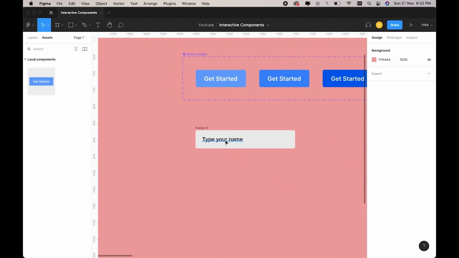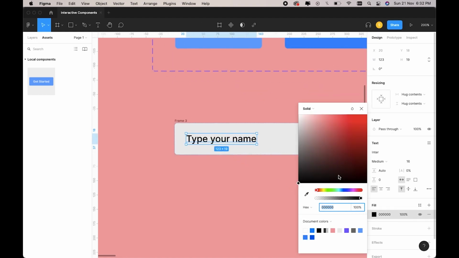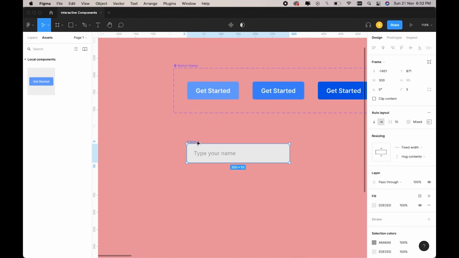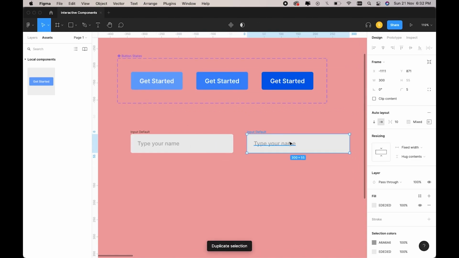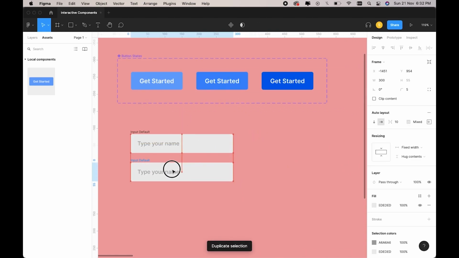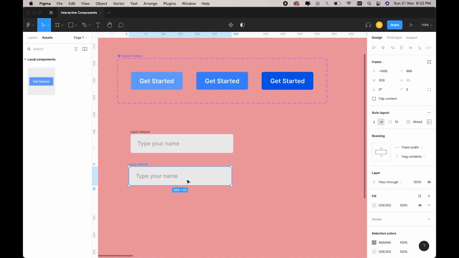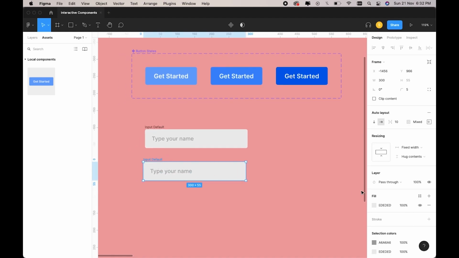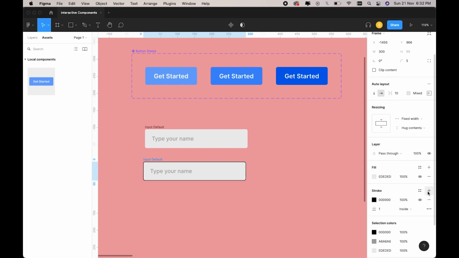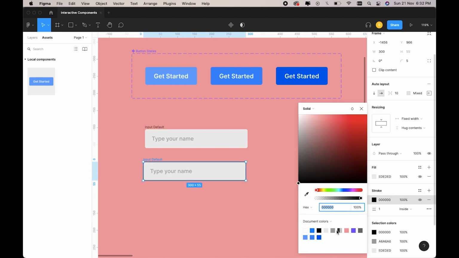Okay, so I'm going to change the color of this text. So this is going to be the input default. I'm going to clone it, change, add a stroke color, make it